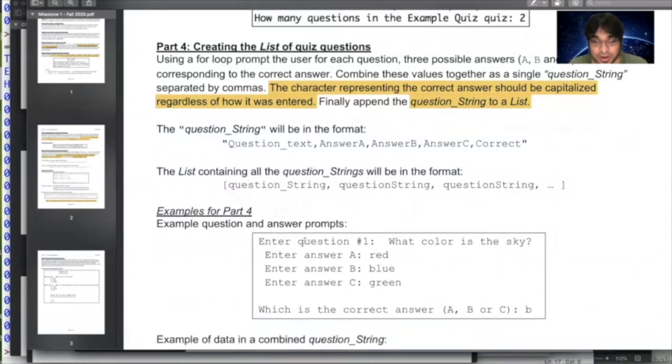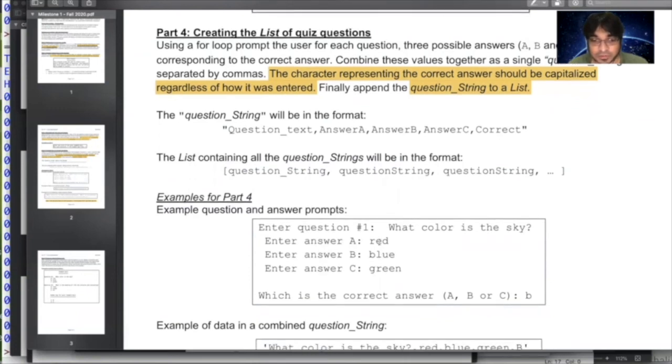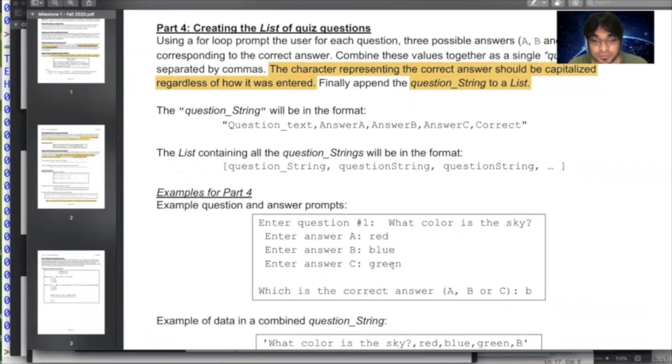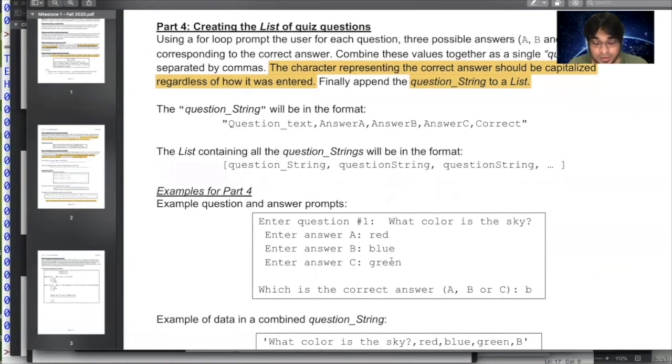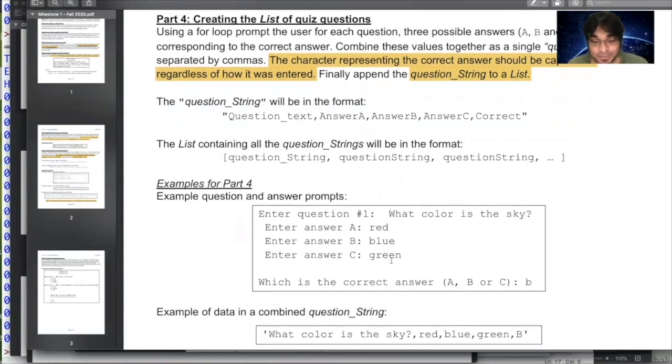It asks you to enter question number 1, and the user types in, what color is the sky, and then it asks for answer A. The user inputs red, and for B, the user inputs blue. Then for C, the user inputs green. Then the program asks which is the correct answer, A, B, or C. The user inputs B. Observe that the user has inputted B in lowercase.